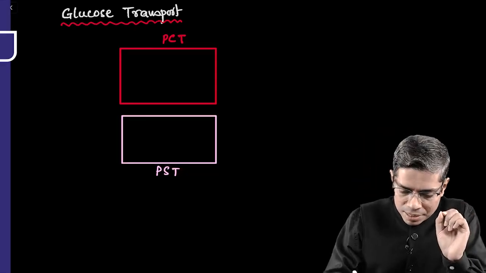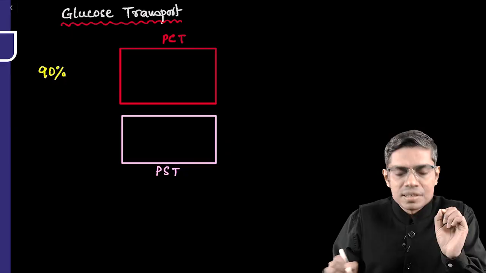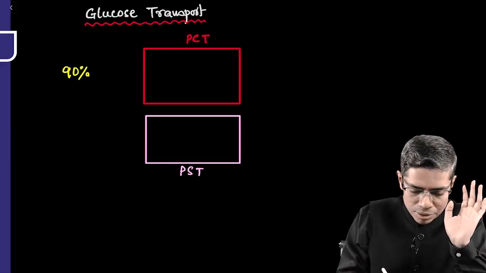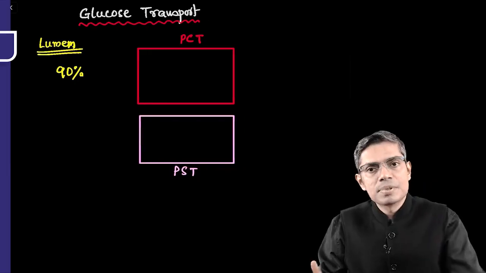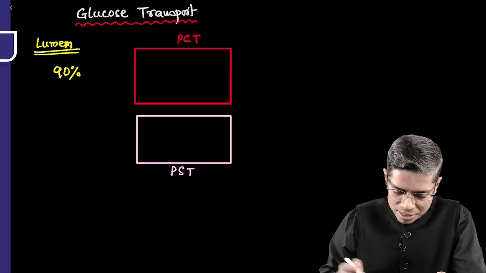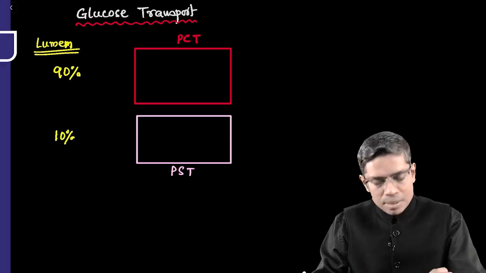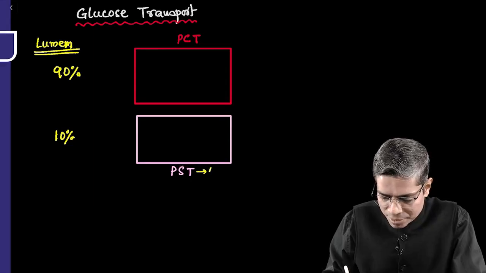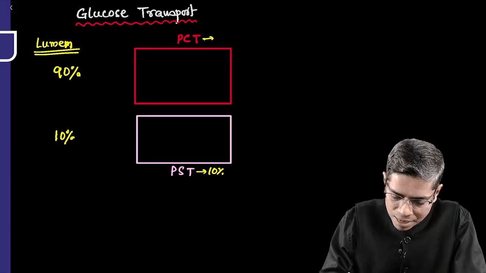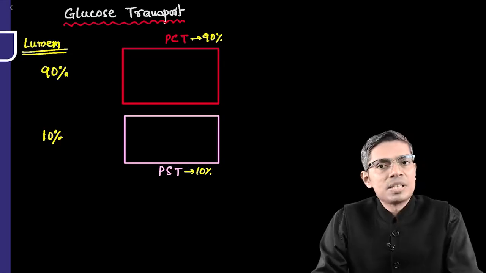The proximal convoluted tubules absorb 90% of the total filtered glucose from the lumen. Suppose this is your luminal side, right? From the luminal side, 90% of the glucose will be reabsorbed into the blood by the proximal convoluted tubules, and the remaining 10% of the glucose will be reabsorbed from the proximal straight tubule, right? So this proximal straight tubule is for 10%. Don't forget this. It has been asked multiple times in INI-SET type examinations and the NEET PG examination, so it is very